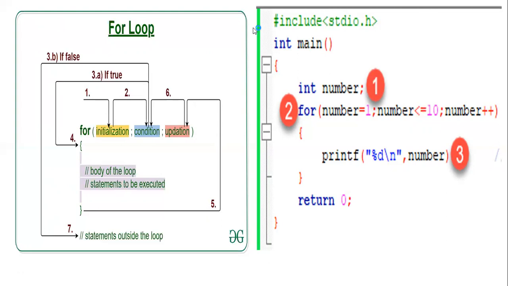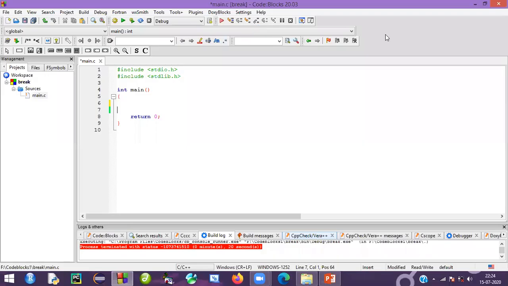So we will execute a real scenario in the IDE. We can execute it in the IDE, that is Code::Blocks. Here I will introduce some variables. Let me take this for loop. Here I will introduce the variable, integer i. You can take a or your choice, but commonly everyone takes i.